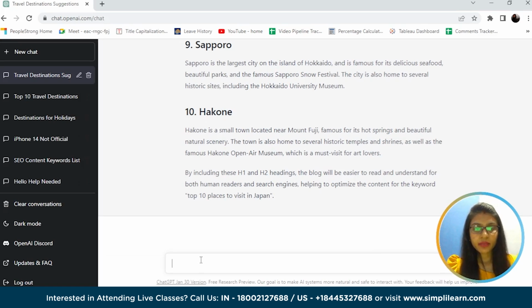Let's try to get some interlinks for this blog. Interlinks have their own importance, as interlinking your blog with other pages of your website or your blogging pages will help you to gain traffic from other pages to your blog and send traffic from your blog to other pages of your website. Also, it helps the search engine bots to understand the crawl structure and the website structure.